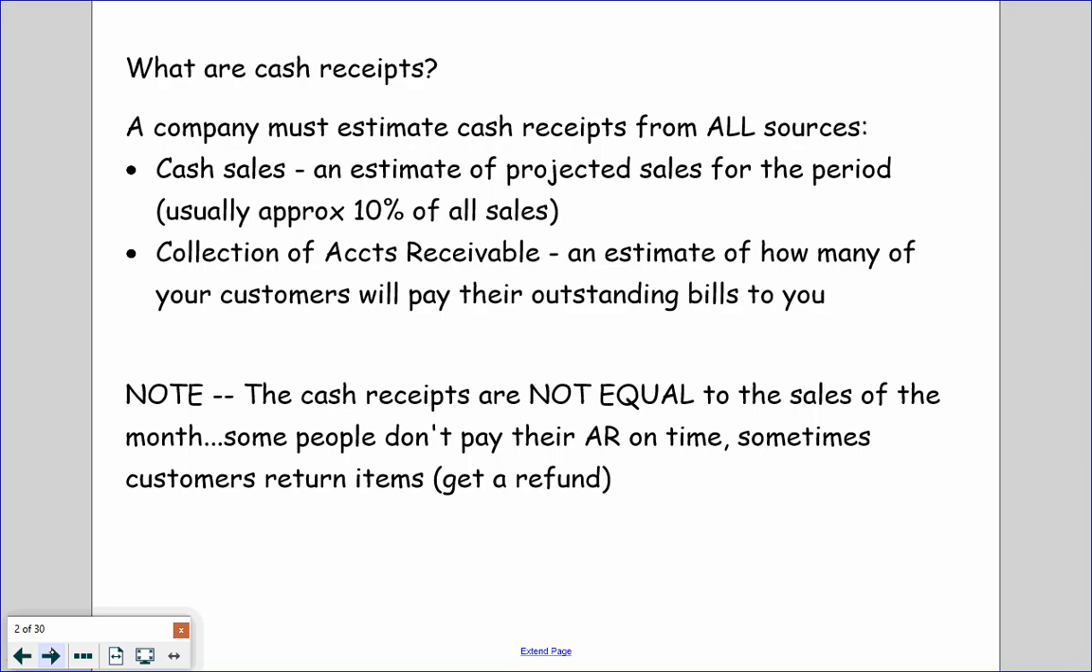So what are cash receipts? A company must estimate cash receipts from all sources. So cash sales, that is like revenue, people who come in and purchase your product. When it says cash sales, it doesn't necessarily mean cash. It could mean debit or credit. Cash means debit or Interac, right? It doesn't necessarily mean somebody physically handing you a $20 bill. Okay. So an estimate of projected sales for the period, usually approximately 10% of all sales, and then a collection